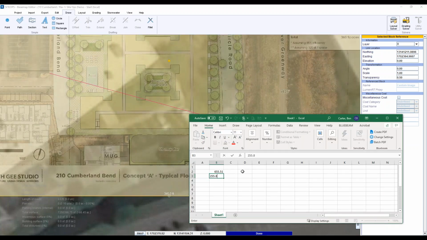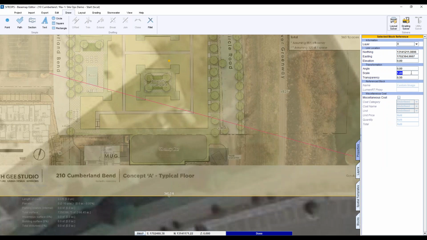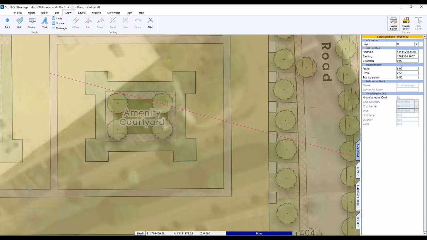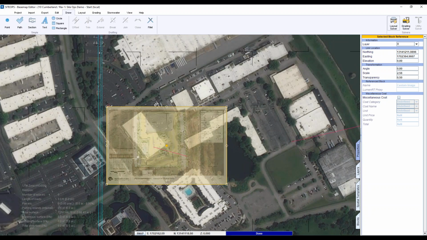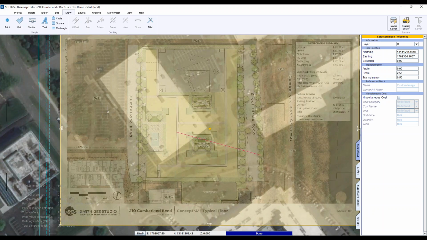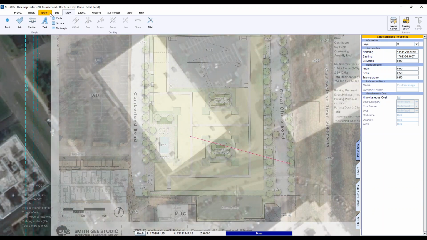And then divide that one over that one, and it comes out to 2.56. So we go into scale, 2.56. Now they are the same scale. So the next step is to move it.